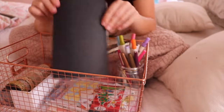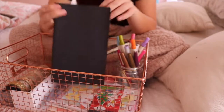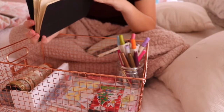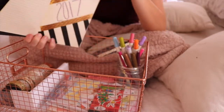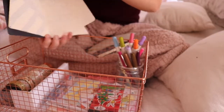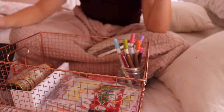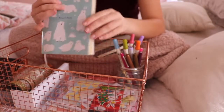Then this is the notebook when I originally started bullet journaling at the beginning of this year. So it starts in January 2017, but sadly this one did not last long. This is where I was starting 2017. I was really excited about it, but it wasn't a habit that I could get into at the time. I didn't really know what to put in it, but now I have more things that I actually want to put in it. So it was easier to start this one,